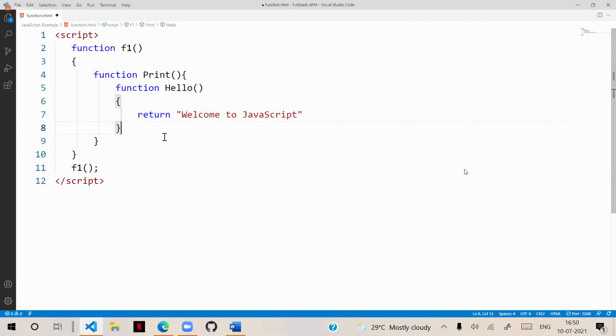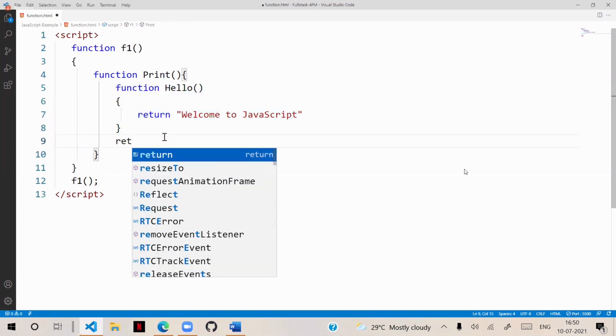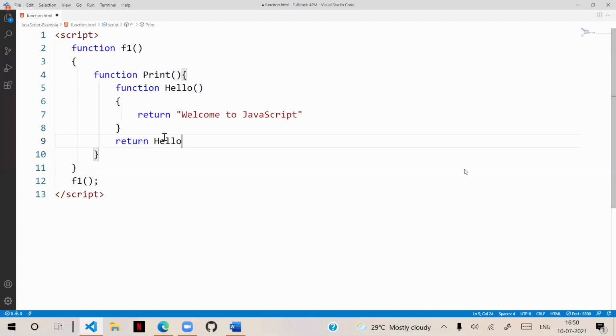It's a very simple technique. What we have to do is the outer function should print hello. That means the return value of the inner function will be returned and used by the outer function. That means it returns hello. Plus, suppose I put a line break, and plus, see, welcome to JavaScript, printed by the outer function. That's the message I'm giving.